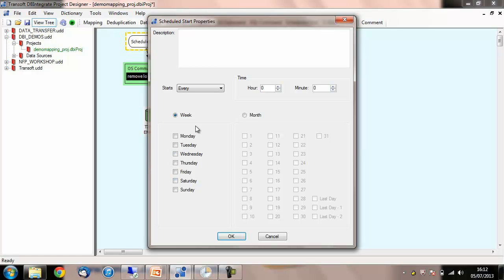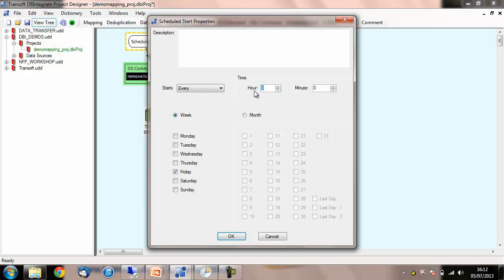the day of the week, whether I want it to be a weekly run or a monthly run, and I can also set the day of the month and also the hours, the minutes, and to set it for just next week or every week. So it's a great feature to use if you know you're going away on holiday, for example. So I could set it to run every Friday